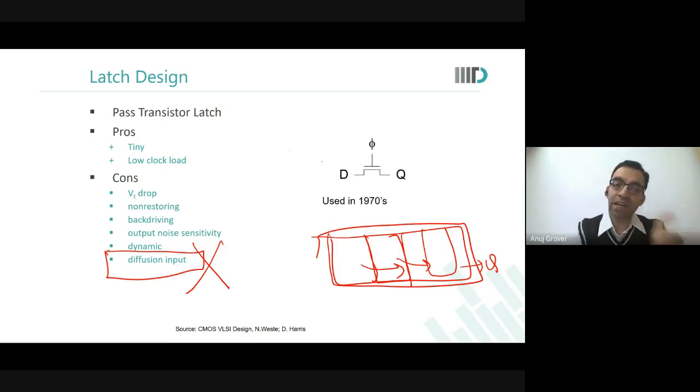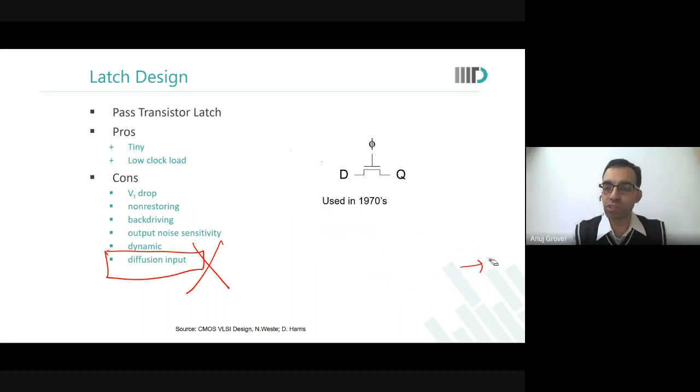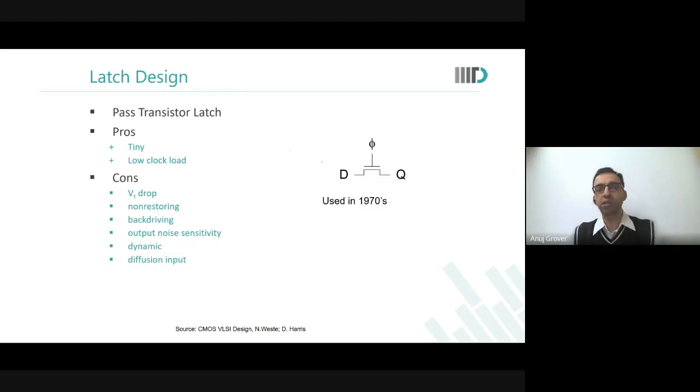When I give it to someone else to design with a standard cell, then I have no control over what kind of load will be put here. But in the circuit that I have full control over, I may still want to save area and use this kind of circuit. That is why we are talking about this kind of topologies also. Otherwise, we would not ever talk about topologies which have diffusion input in it. But since there are other circuits that are drawn, and we are talking about circuit design over here, we talk about diffusion input circuits also.